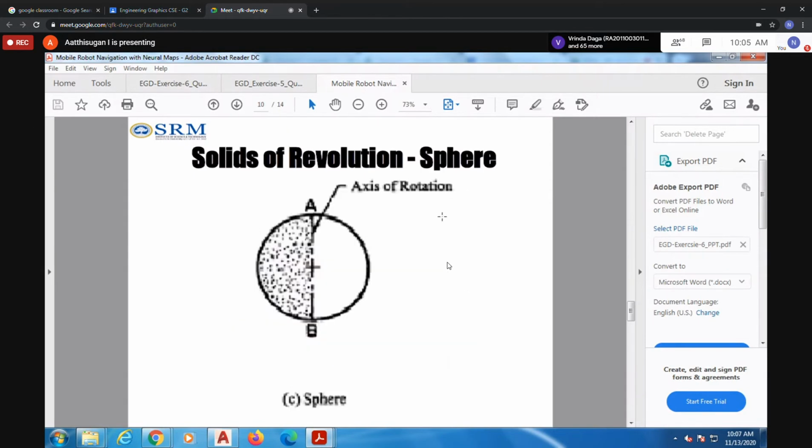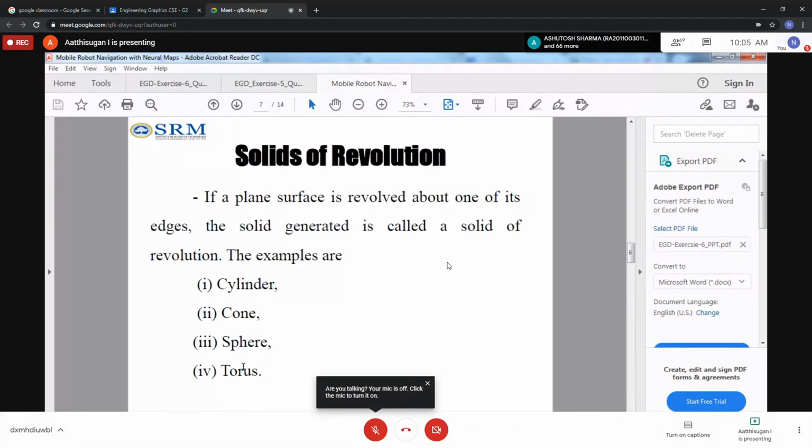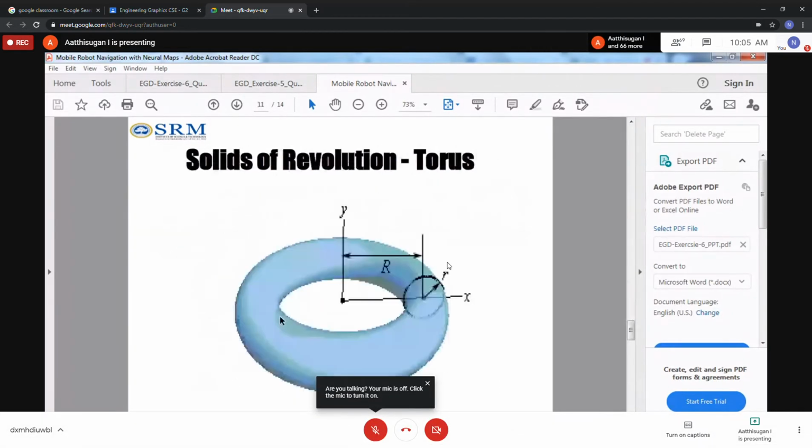Just know what the torus, sphere and cone are. These come under solids of revolution: you revolve one edge of a shape and get different solids. A solid generated this way is called a solid of revolution. The shapes are a rectangle, a triangle, a half circle, and a circle at some distance, the torus.